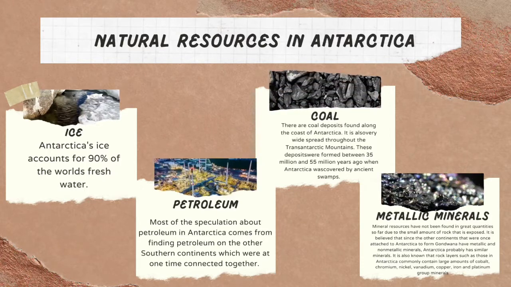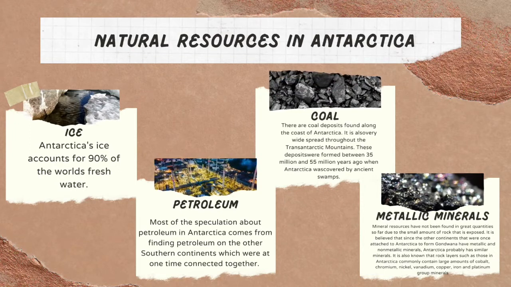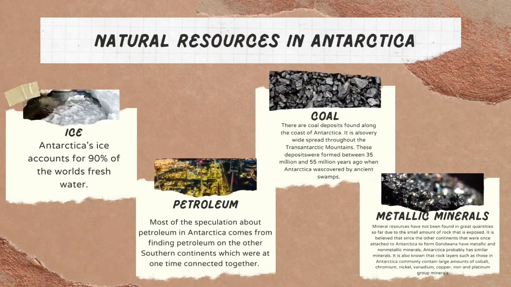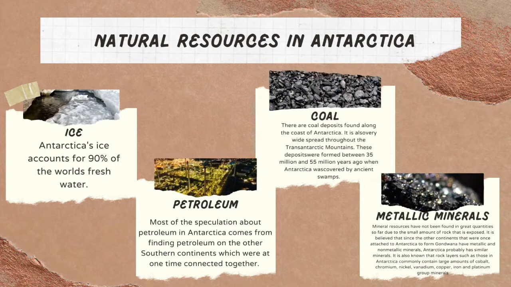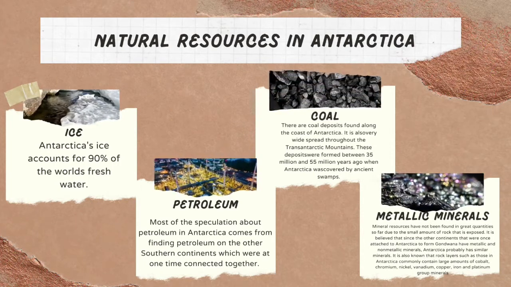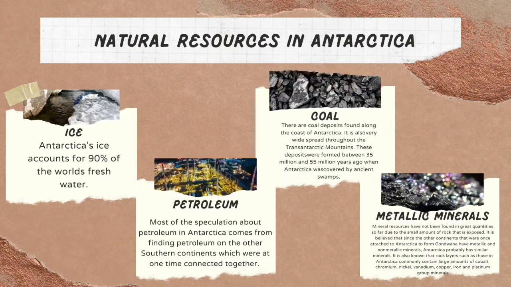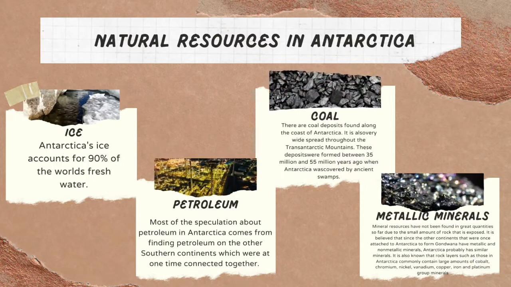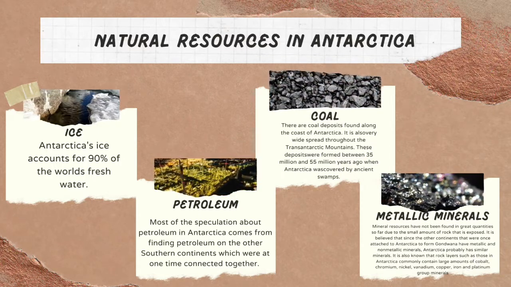Coal is used as a source of direct heat and also to generate electricity in coal burning power plants. The main problem of developing coal in Antarctica is that the cost of mining and delivering the coal is so much higher than the cost of coal in the rest of the world market. It may be possible for coal to be used in some small research station for a source of heat.